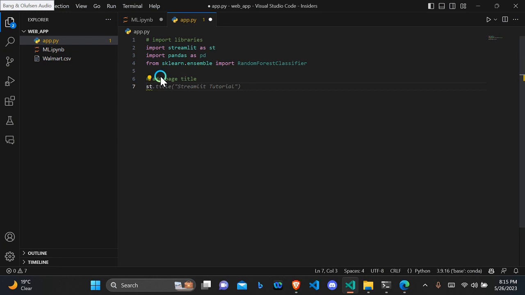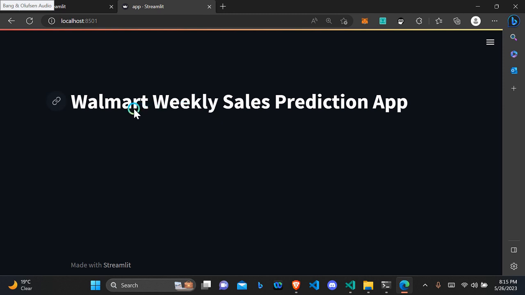So we can have st.title. Then this is the Walmart weekly sales prediction app. So if I save that file, then I open my web browser, you can see we now have some